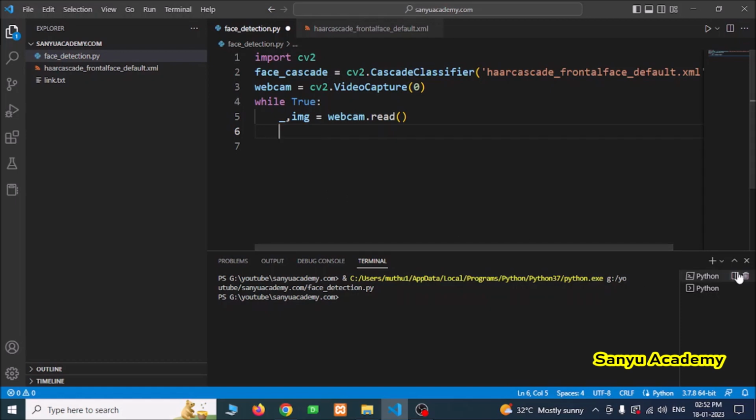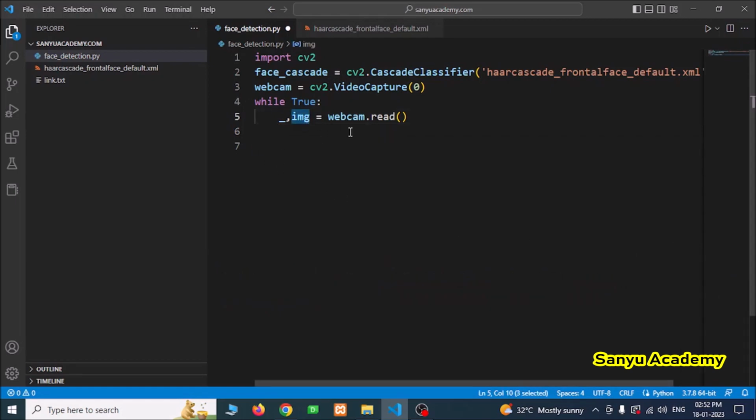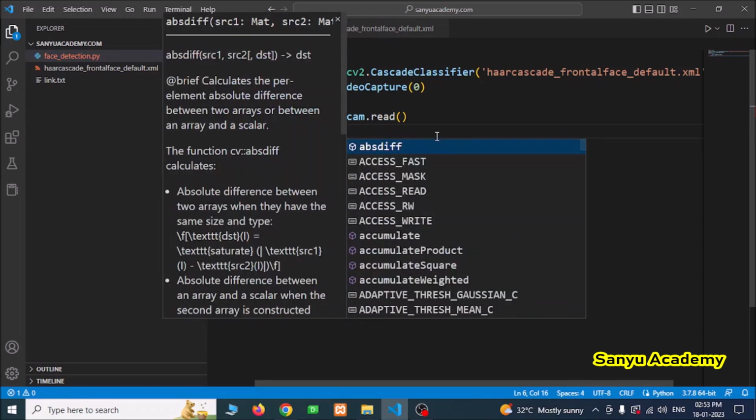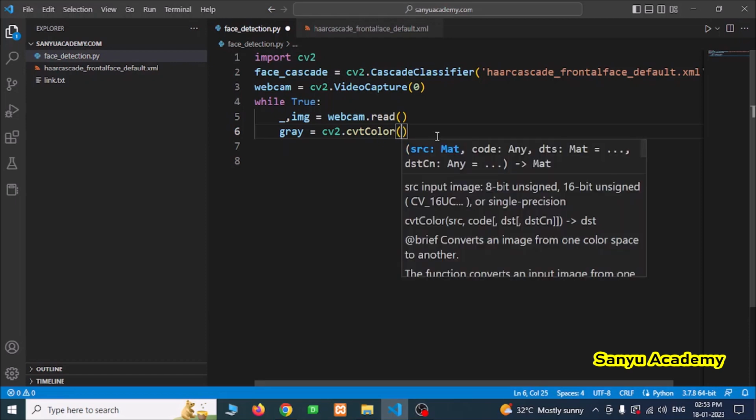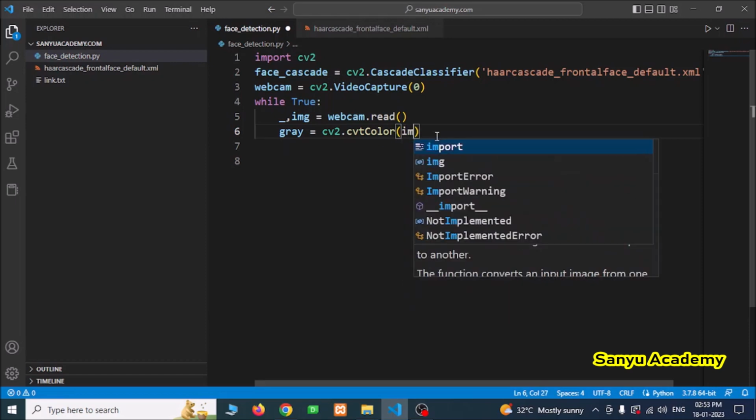So we can read the webcam and store the image into the img variable, and then we can convert this to grayscale. Only then can we identify whether a face is there or not using the cascade classifier. So we need to convert to grayscale. For that we are going to use the cv2 dot cvtColor function. This is the function we're going to use to convert to a grayscale image. I'm going to pass the image